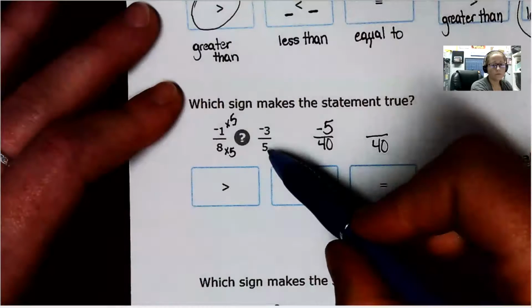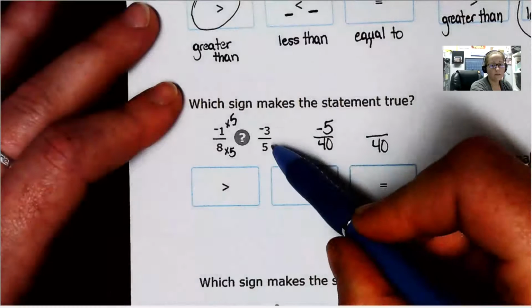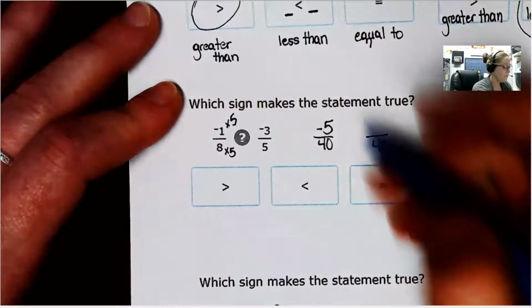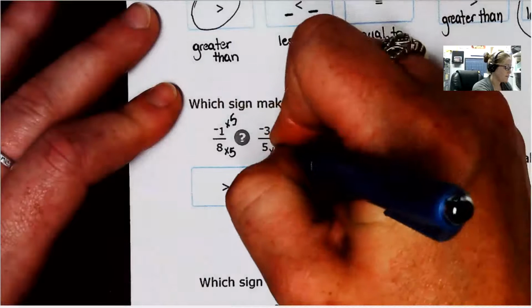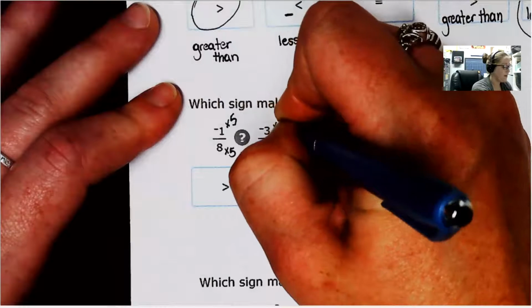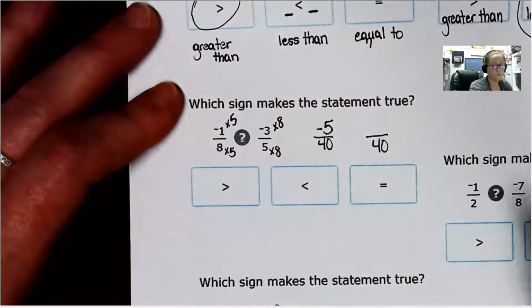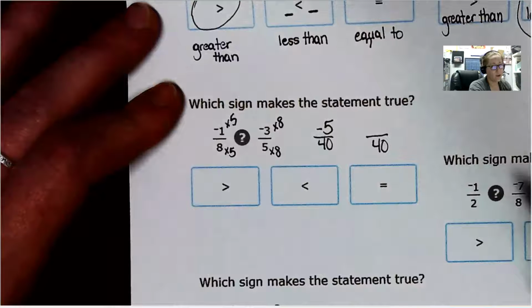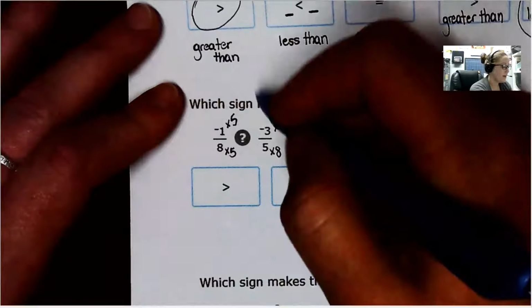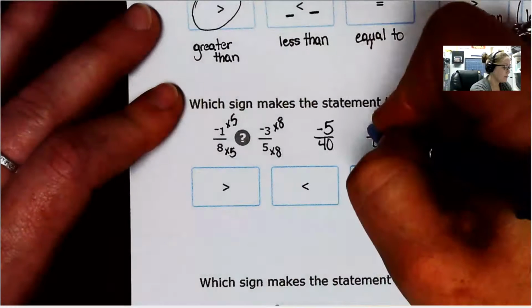And then over here, to get -3/5, to get 5 to 40, we just multiplied it by 8. Remember, whatever we do to the denominator, we have to do it to the numerator. So 5 times 8 is 40. -3 times 8 is going to be